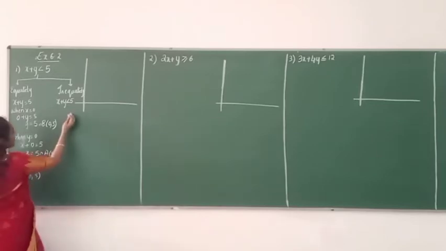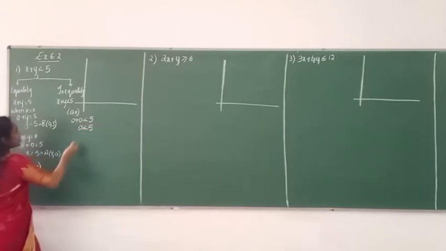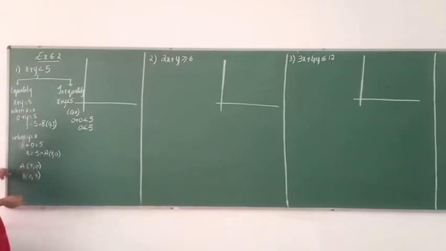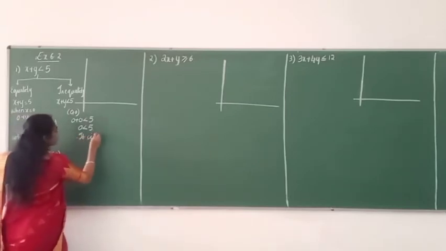Next we move on with the inequality. Inequality means, as I said, you just substitute 0, 0 in the inequality given here. So when I substitute 0, 0, what will it become? 0 plus 0 is less than 5. Therefore 0 is less than 5. Can I say 0 is less than 5? Obviously. Therefore it is true.